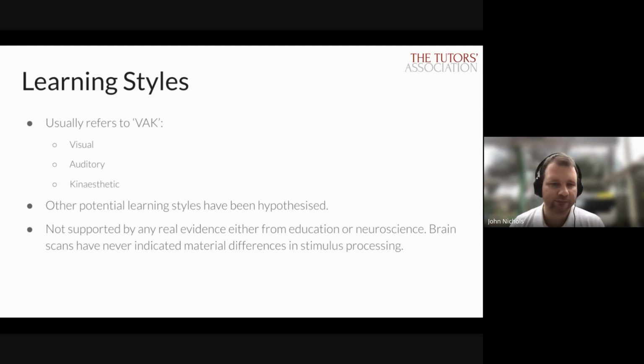So that's a problem. But on the other side of it, there's no theoretical reason why learning styles would exist at all. When we've done brain scans on people of all different ages, students, adults, and everything else, people don't have brains rewired in three fundamentally different ways. That just doesn't exist.